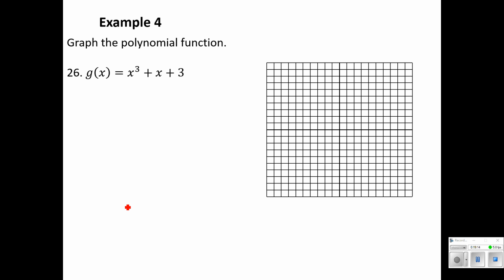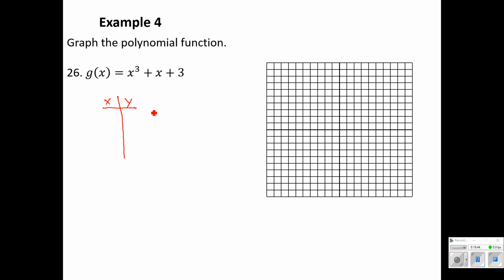All right, example 4, graph the polynomial function. Well, unfortunately, we just got through all this work in chapters 2 and 3 dealing with quadratics, and we had some really nice tricks with axis of symmetry that made our table of values very easy to calculate. It's not necessarily the case here. We can always fall back on a table of values, and I definitely encourage you to do just that.